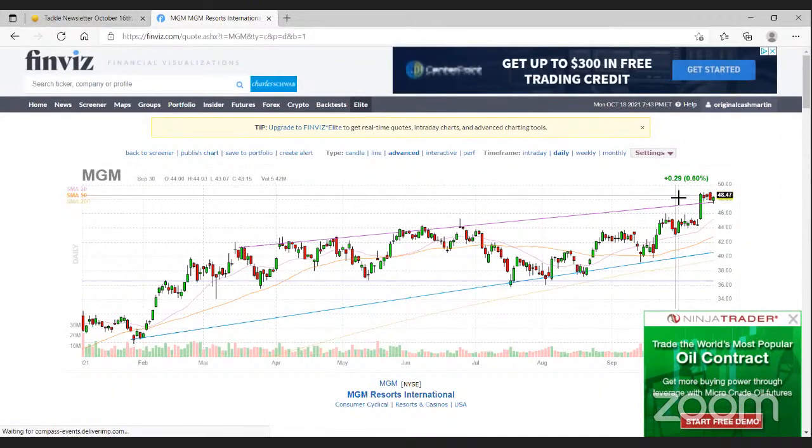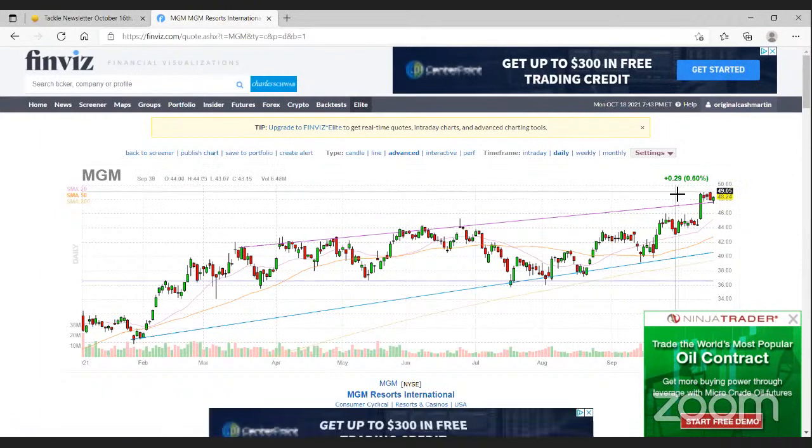Again, I can't build a trade completely off of this, but I know me and I know what kind of things I like, and I think, if we ever took out that resistance, that would be interesting. I'm probably going to take a closer look at this stock before I go to bed tonight to see if I want to add it to my watch list, prep a trade on it, whatever the case might be. So it can just be an easy way to quickly look through some stocks in that sector